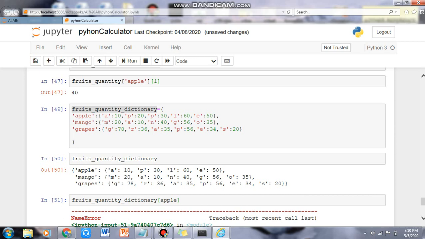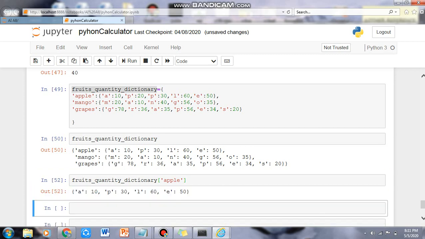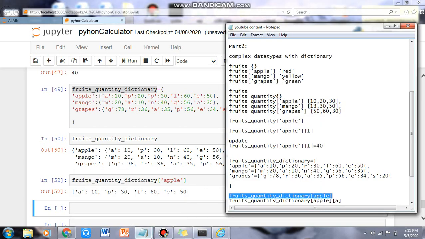And now again you have to remember that whenever we are putting the key, if it is a string, we have to put it in quotes, otherwise it will show an error. Now it is showing us apple, which is a key, has a value which is again a dictionary having keys and values.